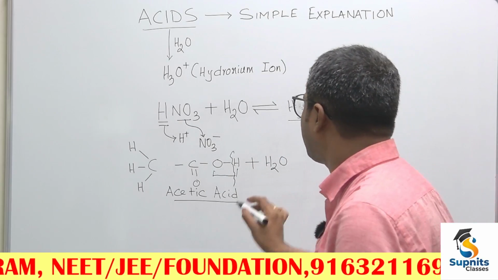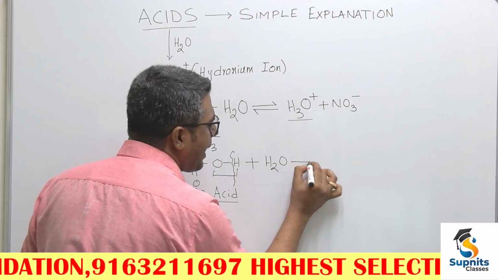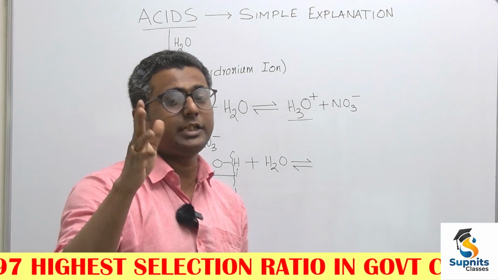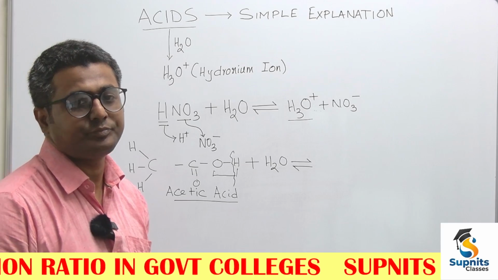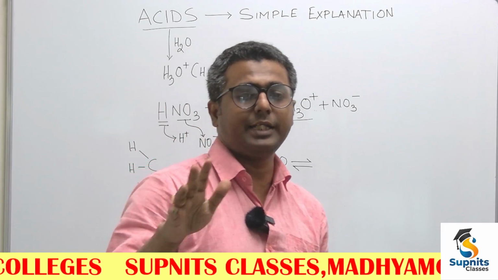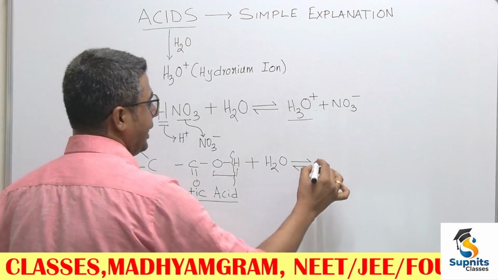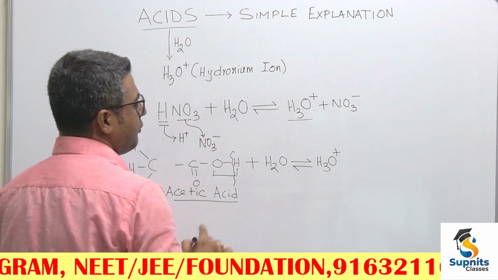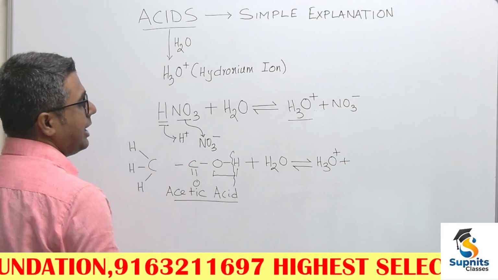H plus is going to come out from here and H plus is going to come out from here. It is going to combine with nothing but water, because H plus, as we have already studied, is not stable. H plus is unstable. It will not stay stable, it will form a coordinate bond with water, and H plus is going to form H3O plus, coordinate bonded with water, and there is going to be the other ion, that is